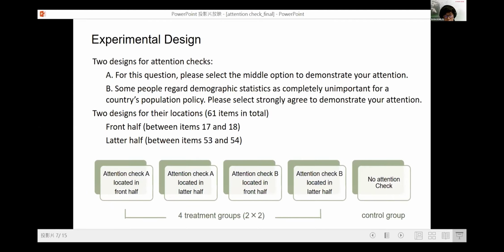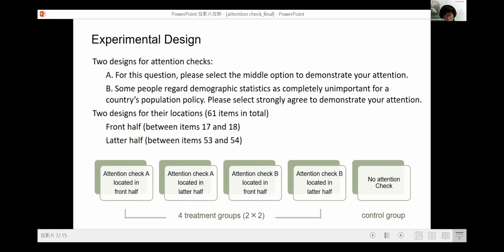Our experiment design is a 2x2 design with 2 question designs and 2 location designs for the attention checks, with the fifth group being the control group with no attention check. The 2 question designs for the attention checks are: A, for this question, please select the middle option to demonstrate your attention.